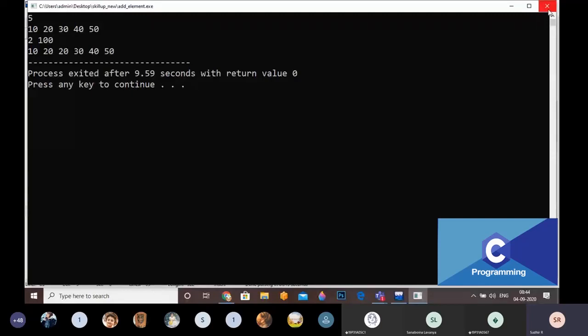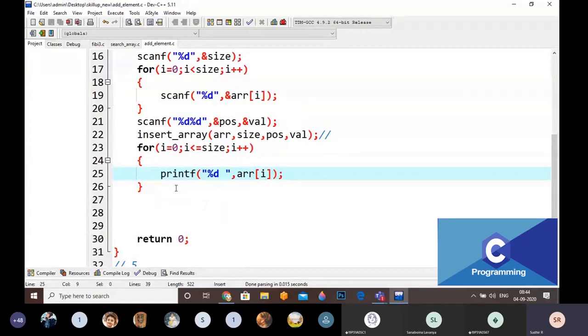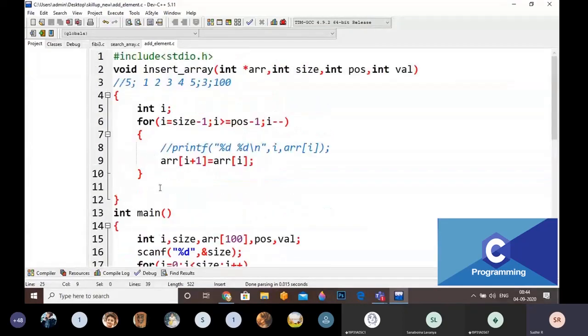I am going to trace from the back end and make a copy of all the values, from 50. First it is going to be 50, 50, 40, 40, 30, 30, 20, 20. Then I am going to reach this position and I am going to stop. Then what I am going to do here? ARR of position minus 1 is equal to value. That's it, nothing else. Position minus 1 is the index. Index is position minus 1, position is index plus 1. Are you clear or not?